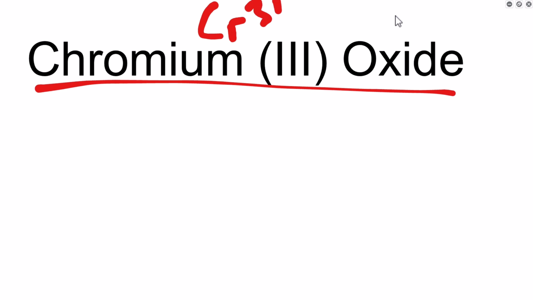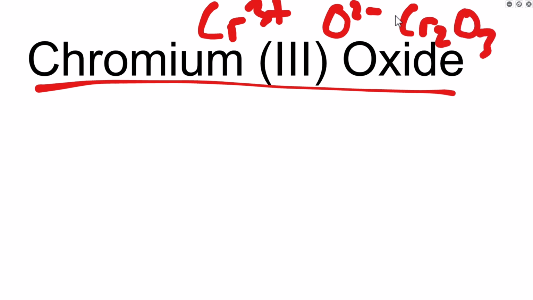Okay. So again, a little bit different here. This is an ionic compound. If I go through and do a little bit of nomenclature, I can write out the structure here. So chromium(III), so chromium Cr. Remember that the Roman numeral tells you the charge is 3+. Oxide, oxygen is a 2-, so cross and drop. So that ends up being